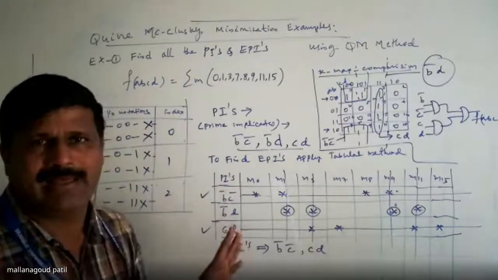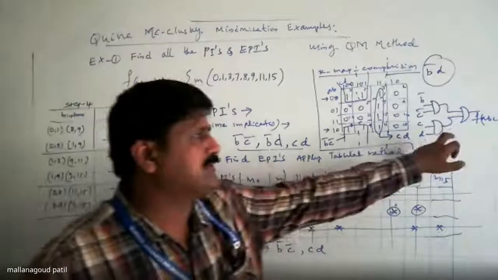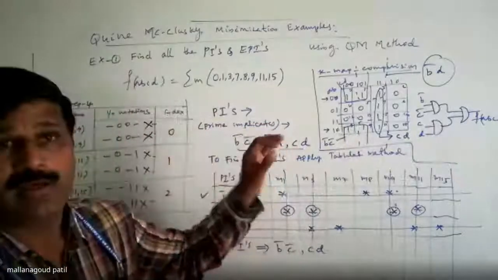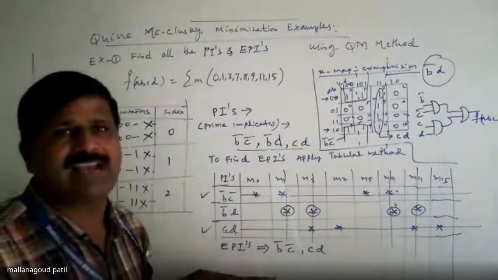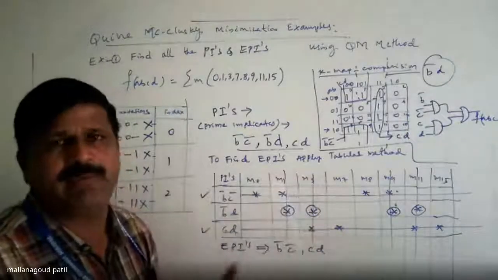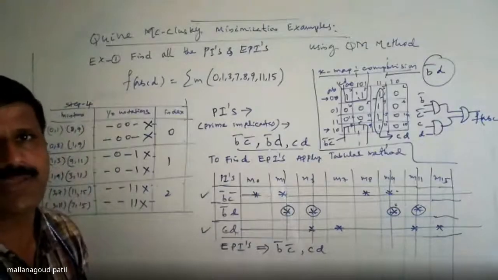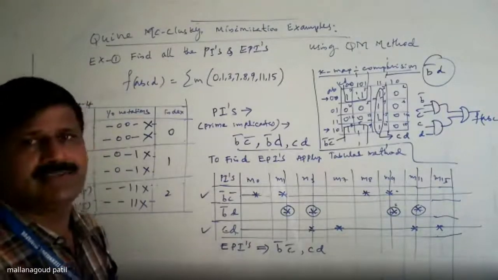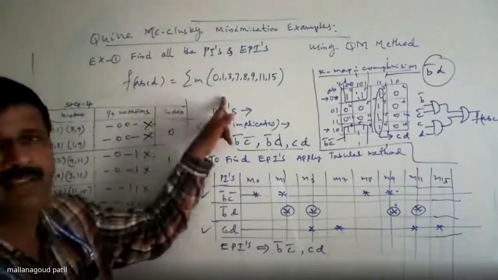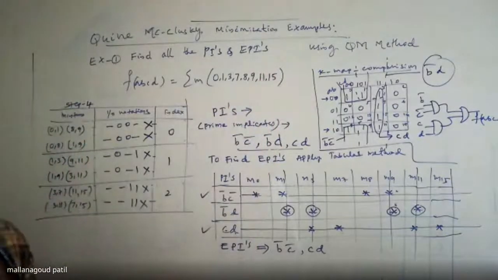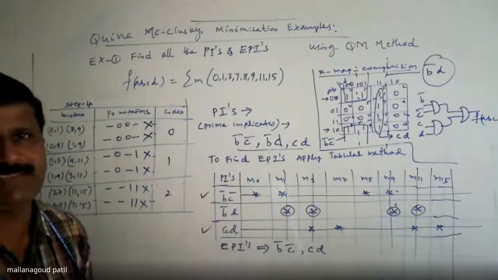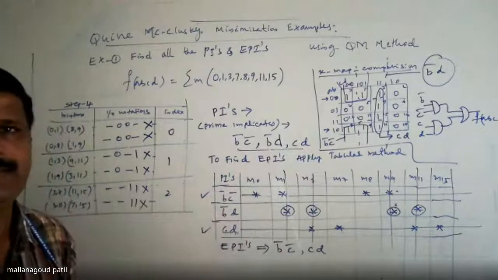Finally, we have an idea, that is the problem. You can implement it using the gates, basic and universal. Readily available hardware is something you have to prepare, keep in the library, and use whenever it is required. With this, I conclude today's topic with the example of PIs and EPIs, compared with the K-map technique also. On both sides I got the same EPIs as well as the PIs and implemented using basic gates.